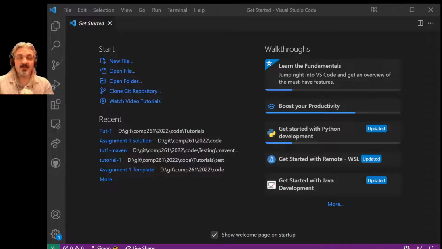Hi, so I thought I would do a walkthrough of the code in the tutorial because some people have been struggling with so many files and I didn't appreciate how hard that would be. So we'll do a quick walkthrough and we'll see if I can help you understand the parts of the code and what's going on. So if you start with your Visual Studio Code up and you get something like this,